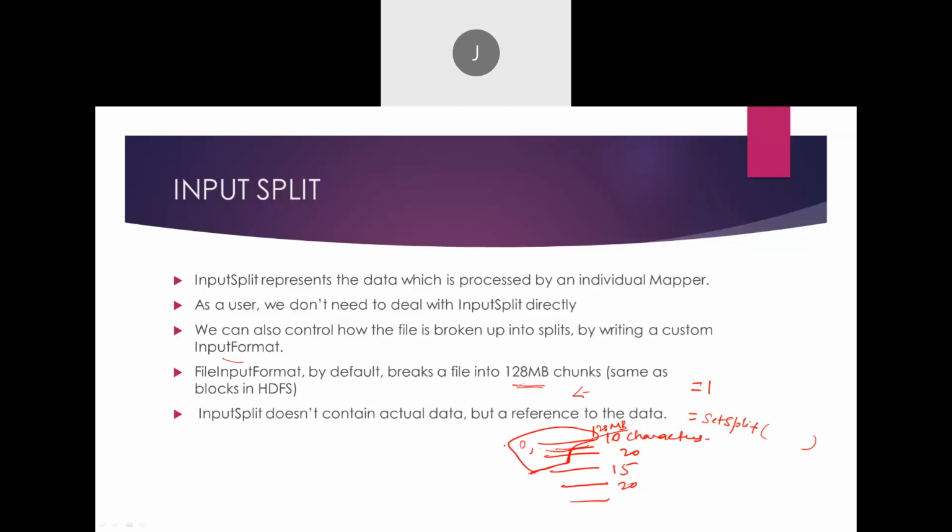That much amount of data, that much amount of lines, will be stored as one input split. Okay, is this clear, guys? How is it dividing? Normally we said the data is divided in HDFS into 128 megabytes, right? It means a file which I'm trying to store is divided into blocks of 128 megabytes